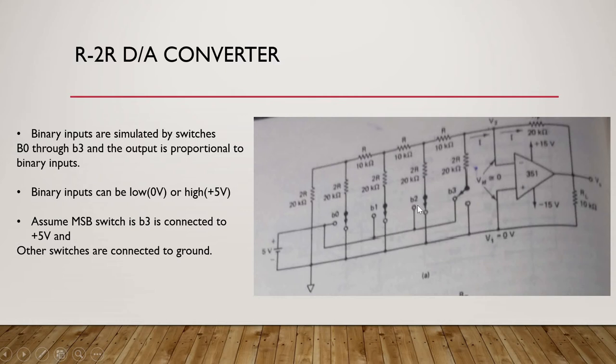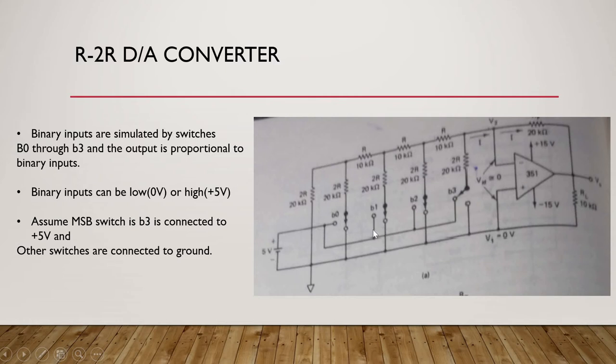Here also we are going to make use of four different switches, B3, B2, B1, B0, and to this only two types of resistors, that is R and 2R. But here four such R2R sections are there because it is a 4-bit converter. Suppose if it is 8-bit, then 8 such arrangements of R and 2R will be there. And how these switches are connected: B3 is considered as the MSB and B0 is considered as the LSB. As I told, it is a single pole double throw switch.